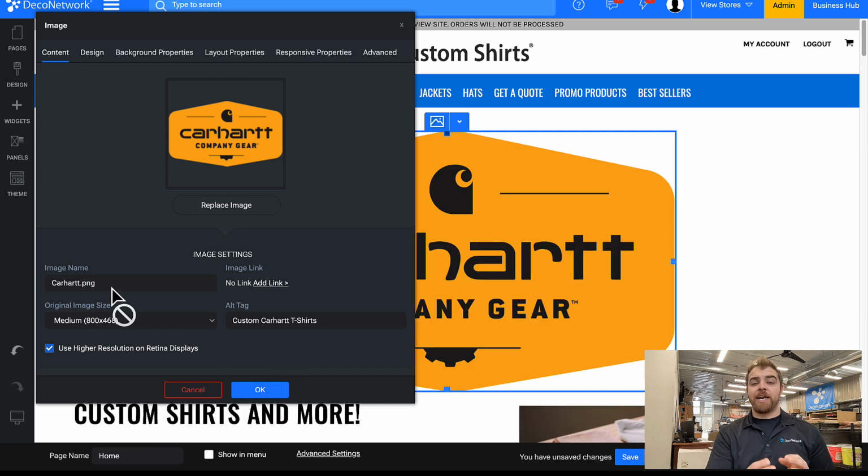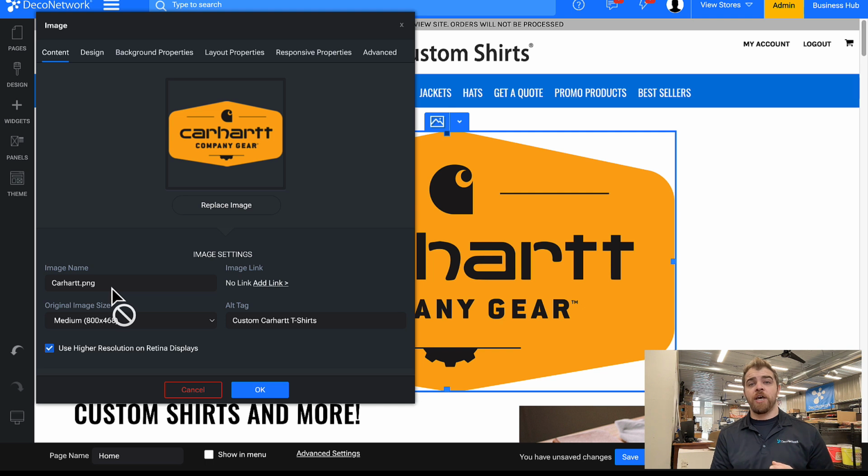Now when you upload an image, you can upload an SVG, which is a vector. That really isn't a gigantic file size. When you upload a PNG, which is great when you need a transparent background, it is a little bit larger of a file size and can take longer to load if it's gigantic. So what's a good idea is whenever possible, upload an SVG if you need a transparent background. If not, a PNG is fine, just make sure it's not too big,